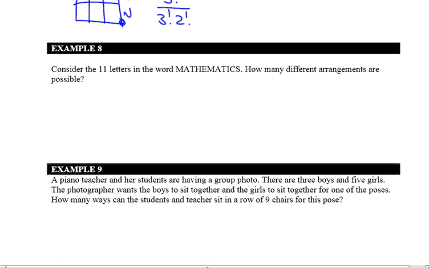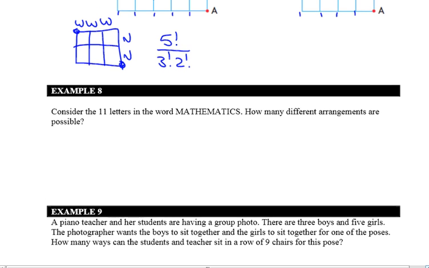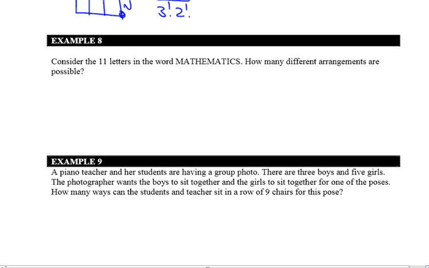All right, so repetition of letters. When we have repetition, we can treat it just like this idea up here. One thing I like to do is go through my letters one at a time, because you don't want to miss a letter. So I have an M, then I put beside it an A, a T, H, E, and another M, another A, a T, another T, an I, a C, and an S. What this does for me is make sure that I don't miss a repeat. I count my letters, they tell me I have 11